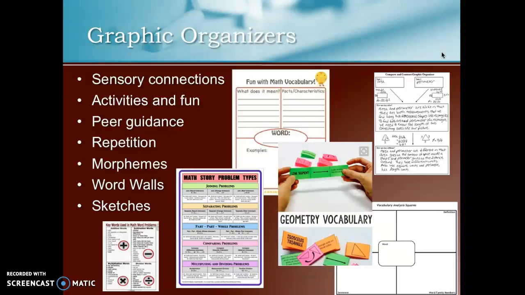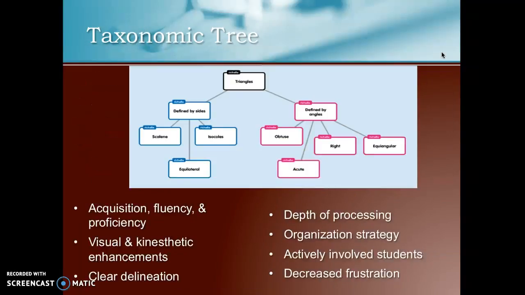Basically being able to incorporate verbal, logical, spatial, bodily or kinesthetic, as well as interpersonal and intrapersonal techniques helps the learning of all students in your classes. Here are just some examples of some great graphic organizers you could use in your class. So for the taxonomic tree,